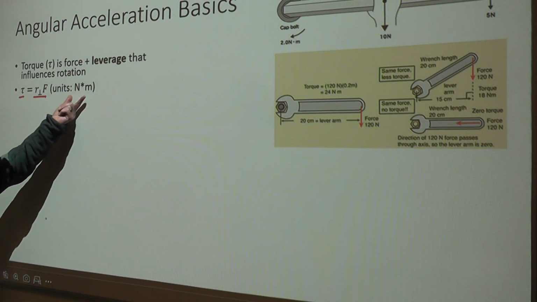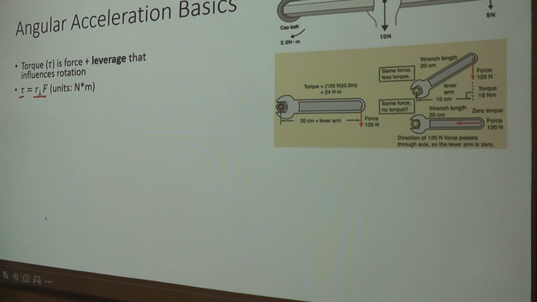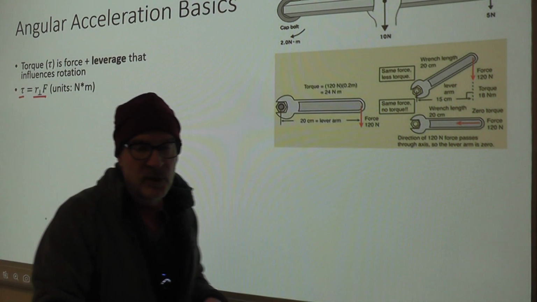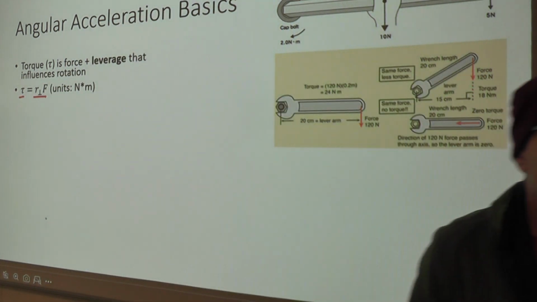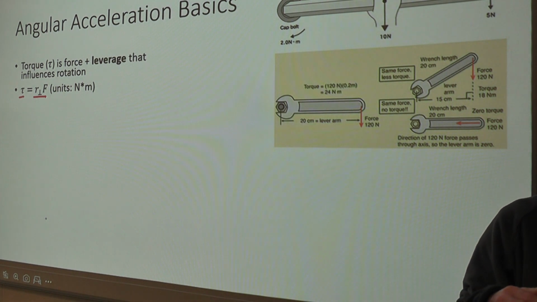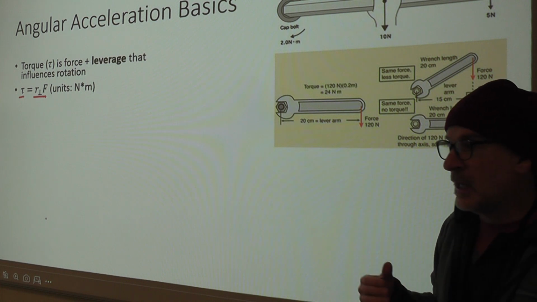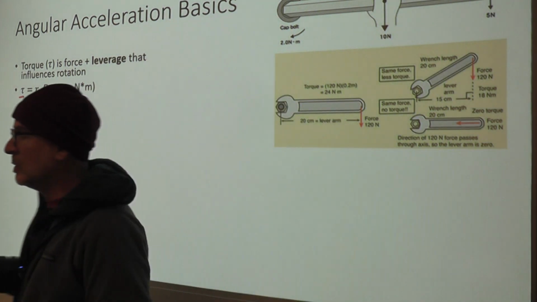So you can see the units are going to be newtons, the units of force, times meters, the units of distance. The farther away you are, the more torque you get for a given amount of force. That's leverage. And you know about leverage because you use it all the time. If you need to move something heavy or tear something apart, you use a crowbar because it gives you more leverage. If you had a bolt or something that you needed to undo, like if I wanted to unscrew